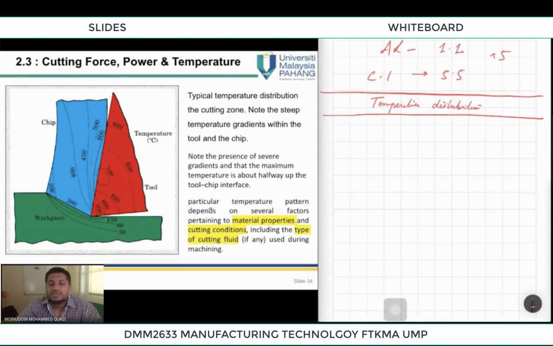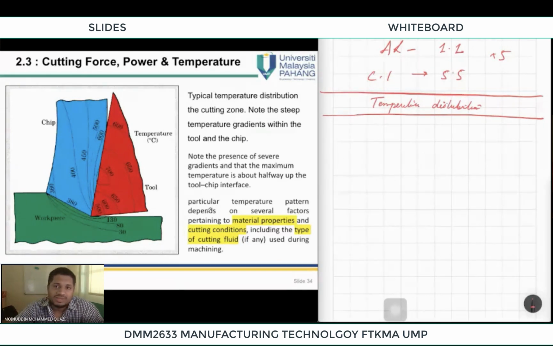Remember in the previous video, I showed you that when the cutting tool is doing the cutting operation, the cutting tool will become red hot. What does it mean, red hot? Red hot means that the temperature increases and the material glows. When a metal's temperature increases, it glows and becomes red hot. So during the cutting operation, the temperature increases for all tools.